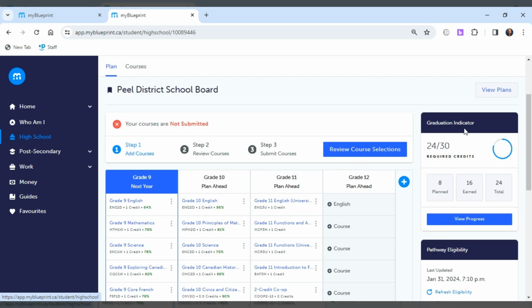But over here on the right side, we have something called a graduation indicator, and this will allow you to track your completion of your Ontario Secondary School Diploma requirements. So as you can see here, we have two numbers in this example, 24 and 30. The 30 represents the number of credits needed to complete the OSSD, Ontario Secondary School Diploma, and the number in